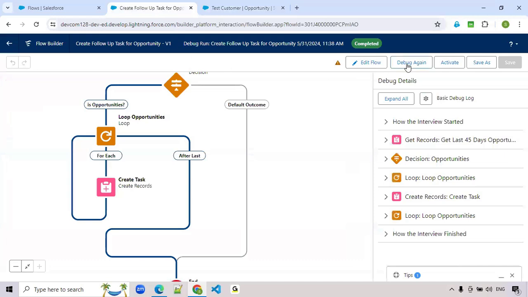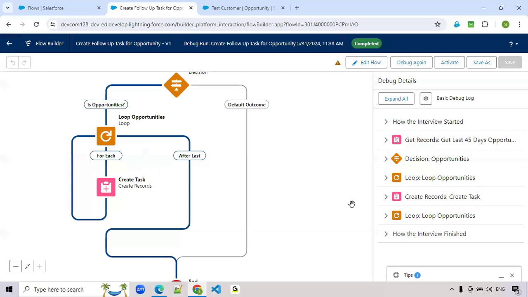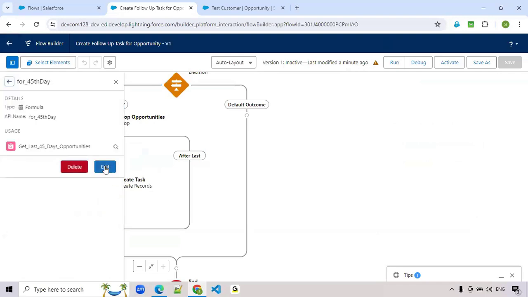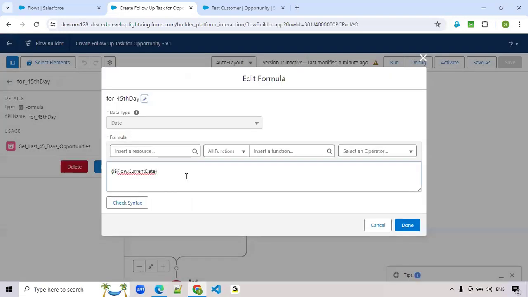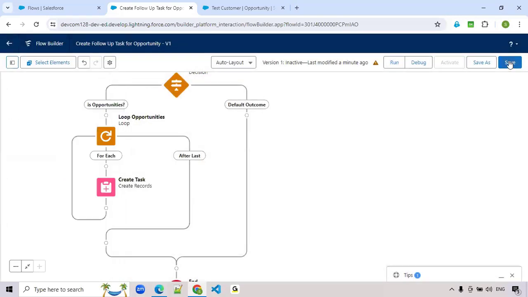While running, if you don't want to create the record, just check rollback. Records will not be created for that particular opportunity. Like this we have to do the debugging. Let's edit back. For testing purposes we did -45, right? Removed. Let's give it back, done. So save